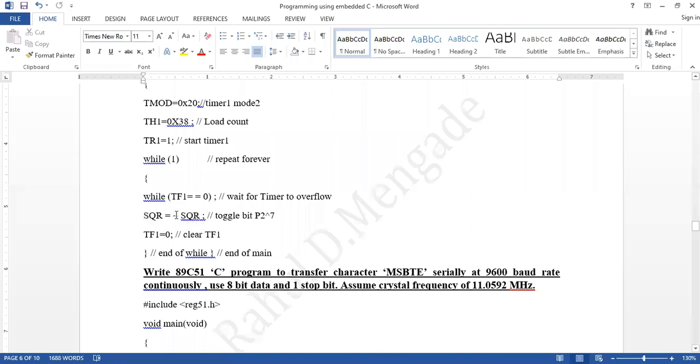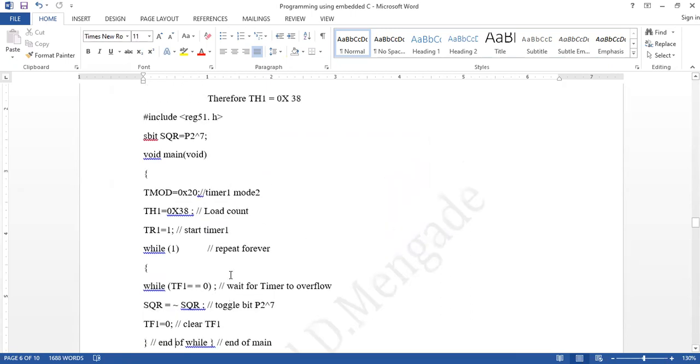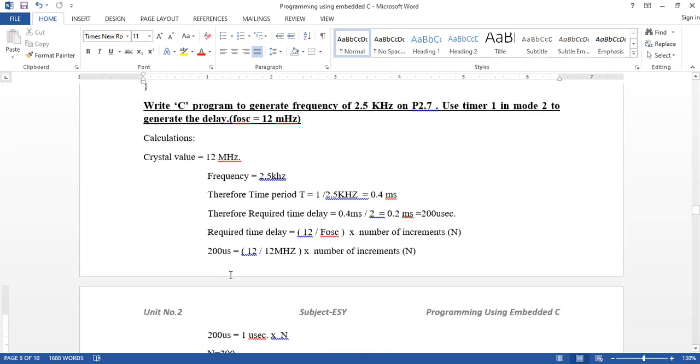SQR is equal to not SQR, meaning toggle bit P2.7. Then clear TF1, so TF1 is equal to 0, and then the end of the main program. So in this way, we can generate a square wave of 2.5 kilohertz frequency on P2.7.